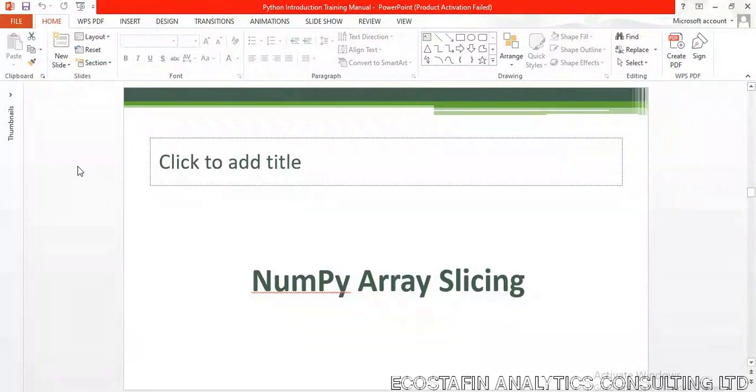Now, in slicing the array of your data set, we said we have different types of data set. Data set could be in a list. We've seen how to create a list. We've seen how to create a tuple. We've seen how to create a dictionary. We've seen how to create now an array. Now, in order to slice your array of data sets using the Numpy package in Python, that's what we want